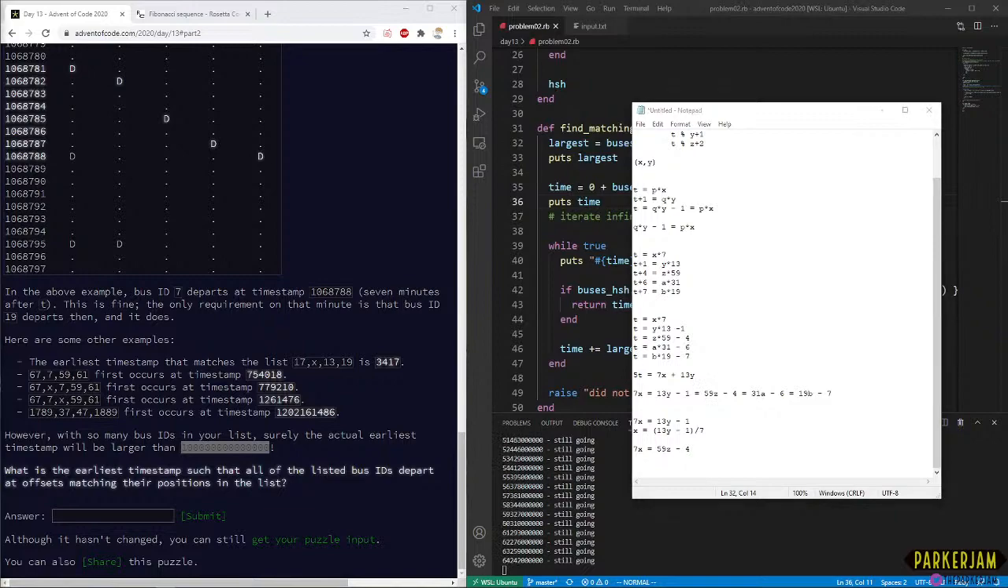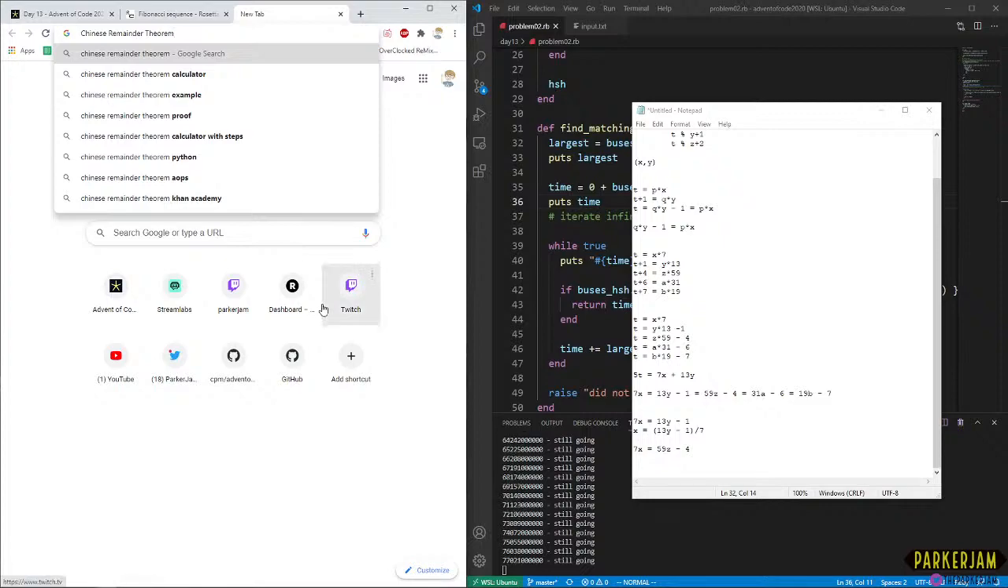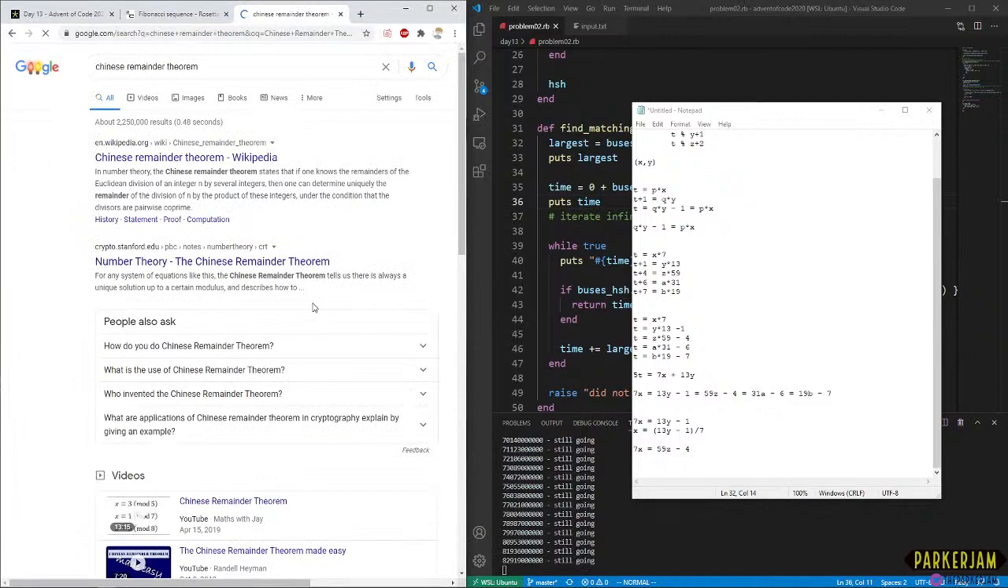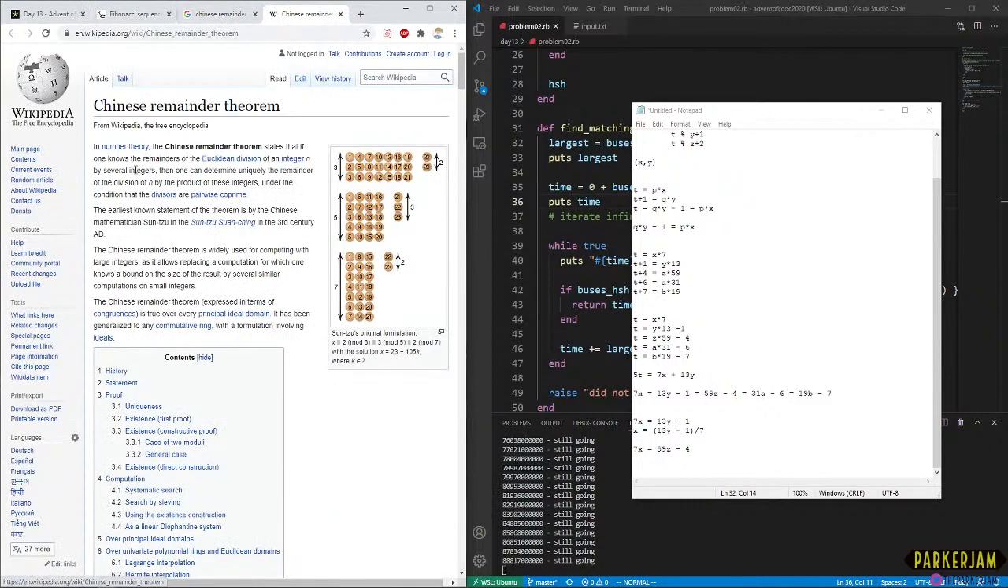The Chinese remainder theorem. Okay, let's see what this is about. I've never heard of this before in my life. Let's just look up the Wikipedia first. In number theory, the Chinese remainder theorem states that if one knows the remainders of the Euclidean division of an integer n by several integers, then one can determine uniquely... Oh, you still need to figure out how to reformat the data so it's usable. Okay, good. So it's not just free now. That's good. One can determine uniquely the remainder of the...